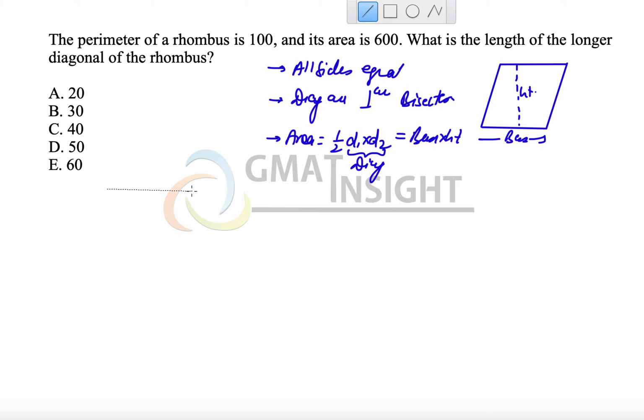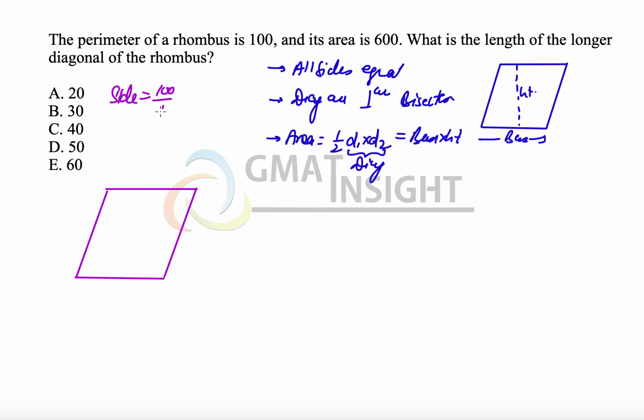So we have been given a rhombus here and the question says that the perimeter of the rhombus is equal to 100, which simply means, because all the four sides are equal, that the length of each side becomes 25. So let's write it down. The length of a side is equal to 100 divided by 4, which is equal to 25. So we should always mark this 25 in the figure. Drawing the figure is one of the most important aspects of solving a question. So that's what I'm doing.